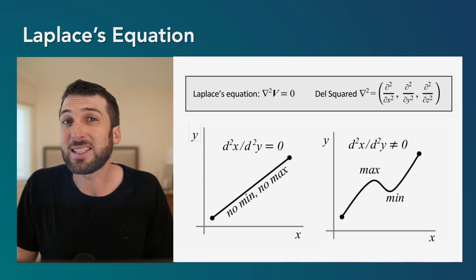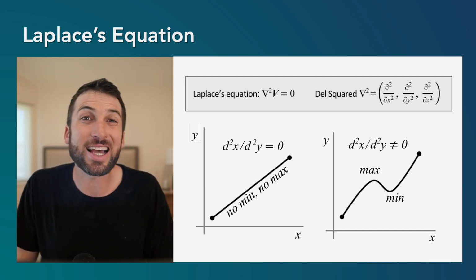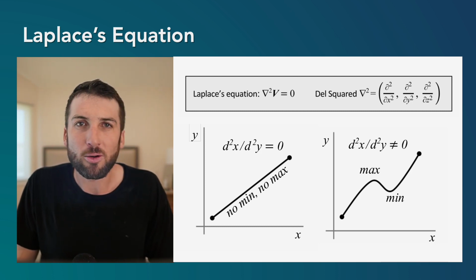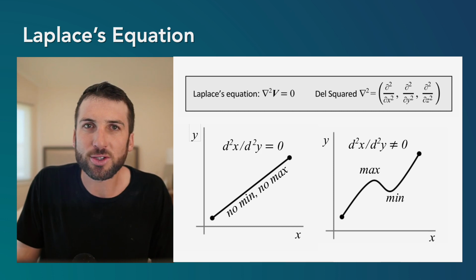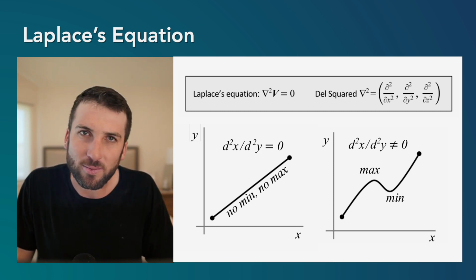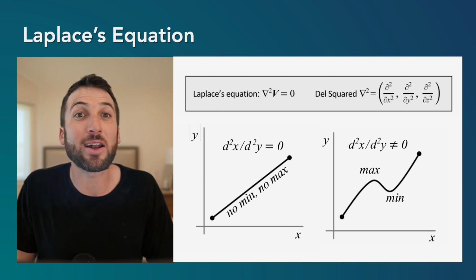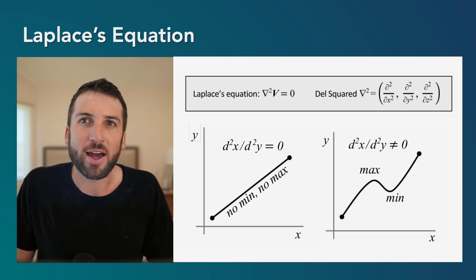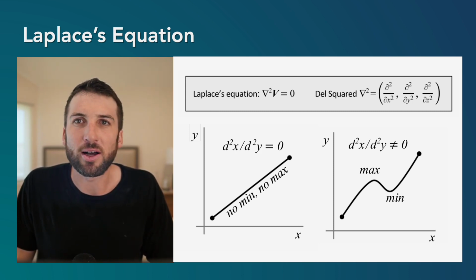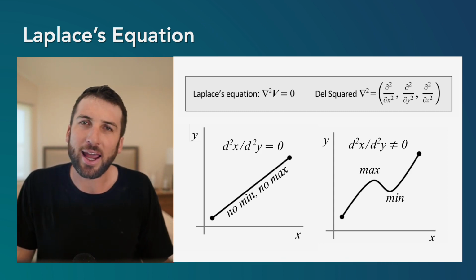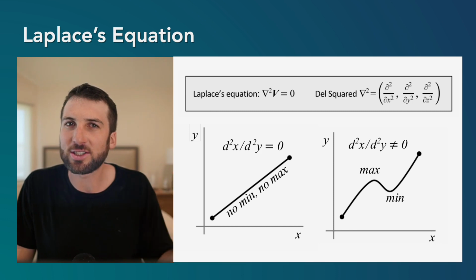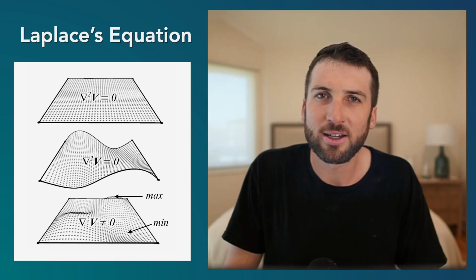But what Laplace's equation is saying, let's take the second order derivative of the del operator. Well, remember the del operator was looking at the partial derivative of x, the partial derivative of y, the partial derivative of z, but now it's saying the second order. So the second order change in x, the second order change in y, the second order change in z. And this has a key connection to equilibrium, as we'll see.